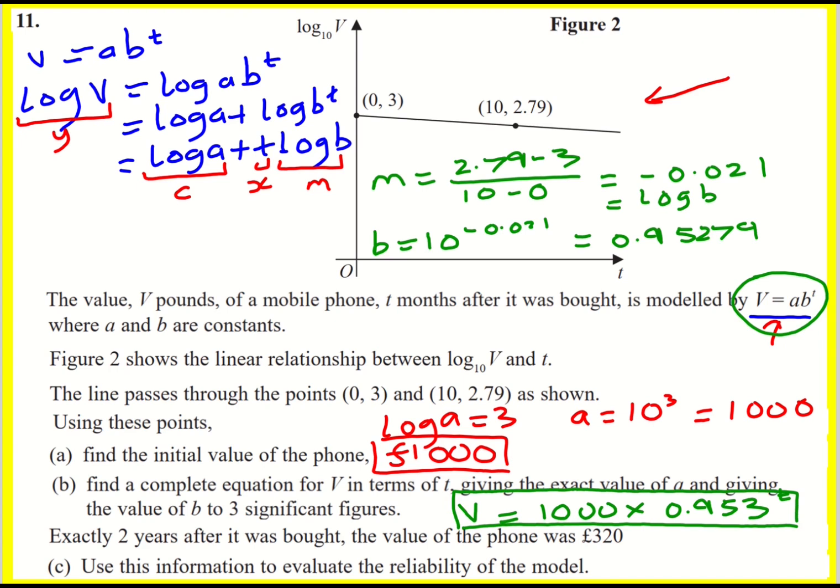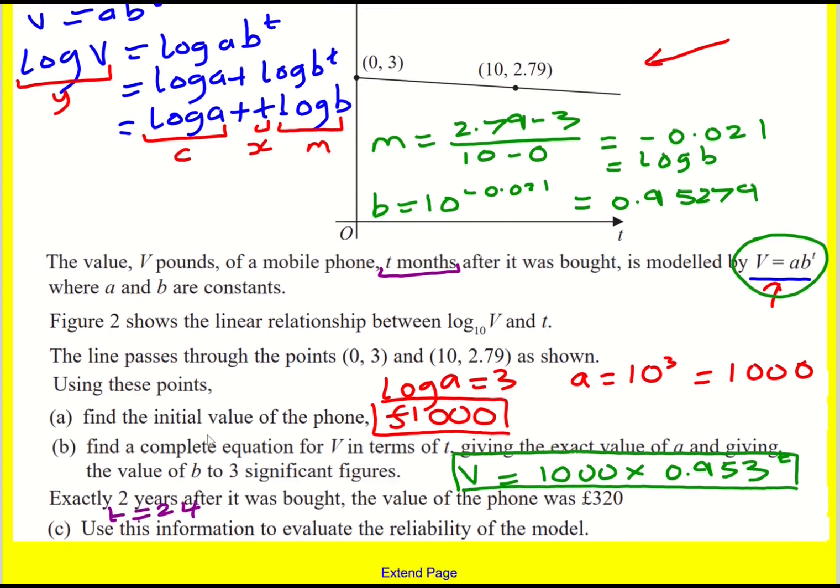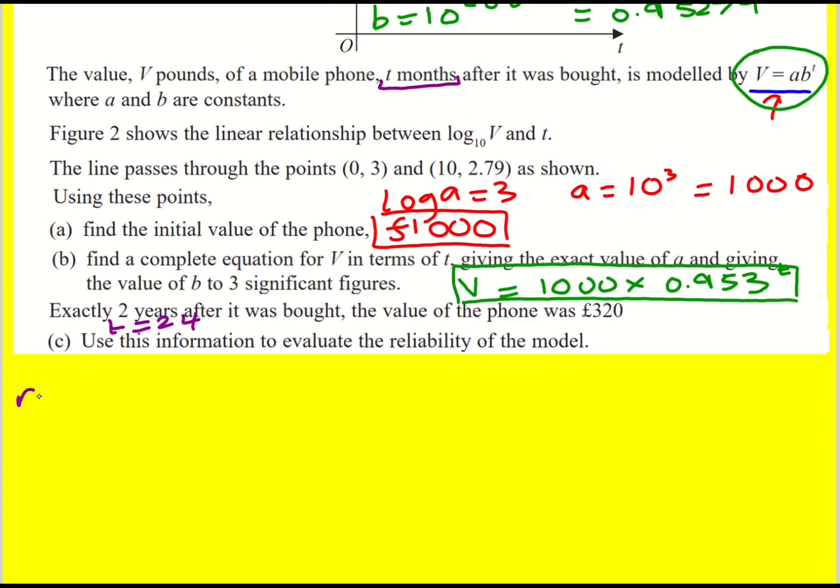Finally, we're asked to evaluate the model. Exactly 2 years after it was bought, the value of the phone was £320. Use the information to evaluate the reliability of the model. So remember, we're working in months here. After 2 years, t is actually going to be 24, 2 lots of 12. So model prediction